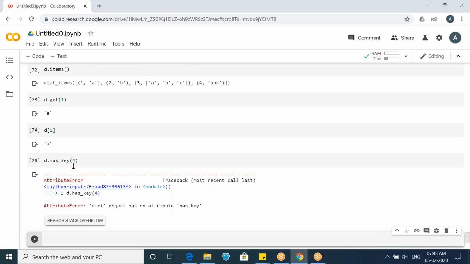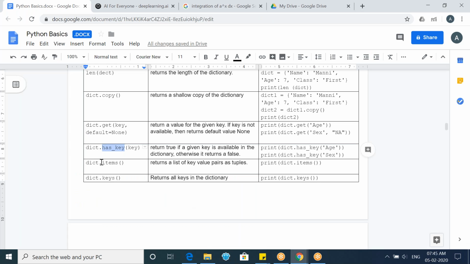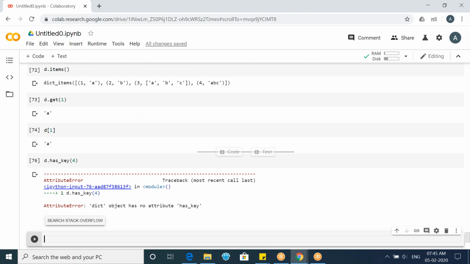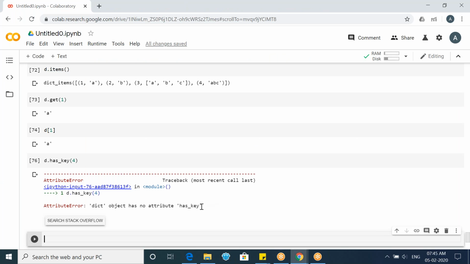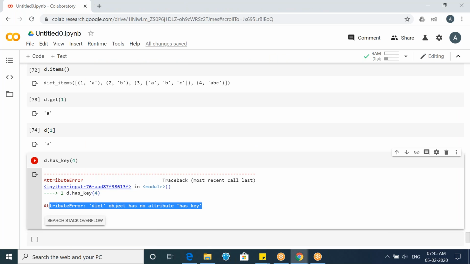No attribute has key. What is that? Did they remove this function? Okay. Even as we